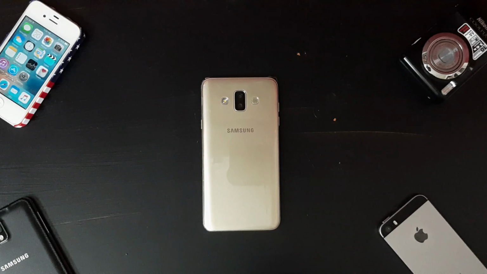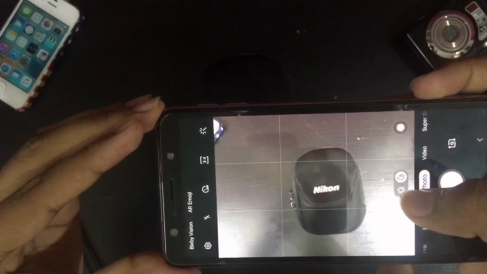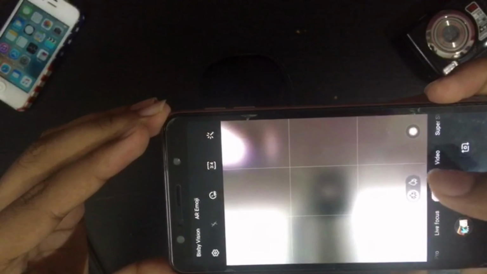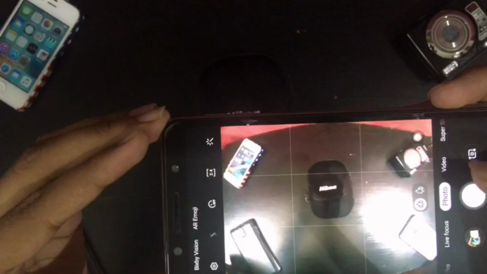Now let's move on to the third camera, which is also known as the wide angle camera. The function of the wide angle camera is to capture more content around the smartphone. Like, we are in the normal mode, I will place a pouch over here, and if I switch to the wide angle mode, the content around would also be seen.